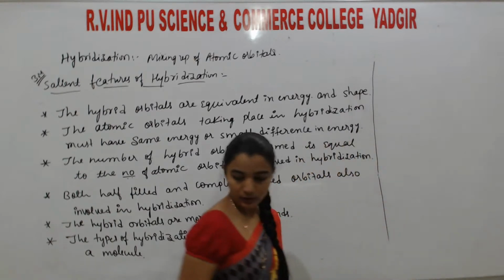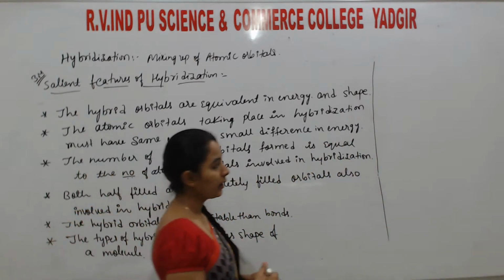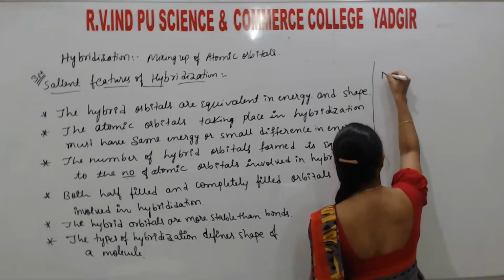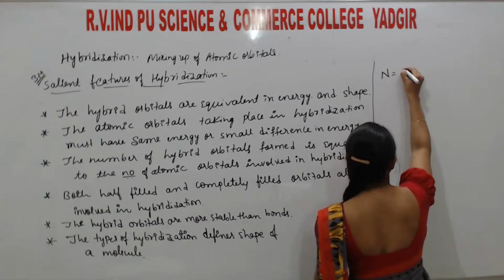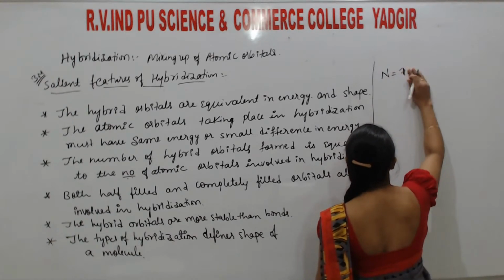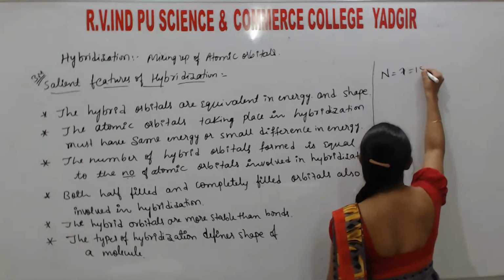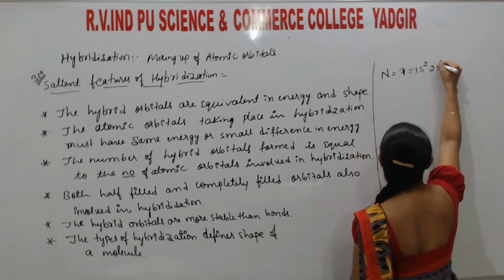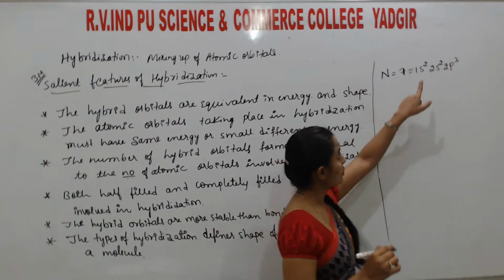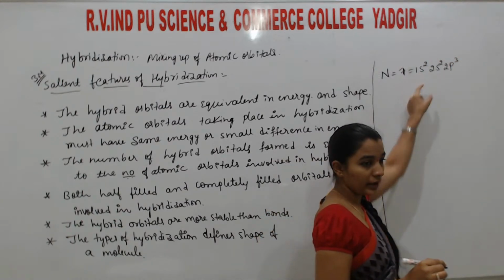Okay. So for example, if you are taking the configuration of carbon, or nitrogen as well. Nitrogen's atomic number is 7 and its configuration is 1s2, 2s2, 2p3. Okay. So students, if we write the energy level diagram for this,